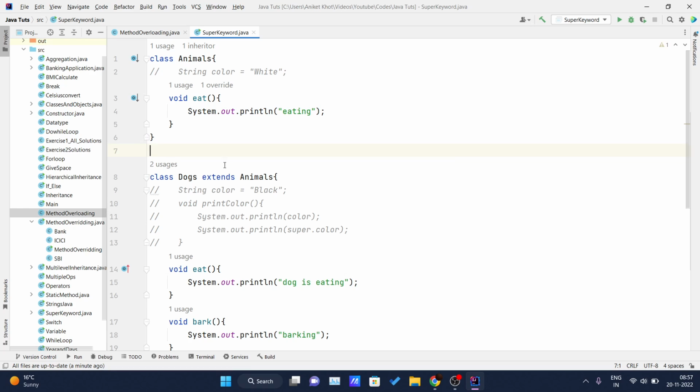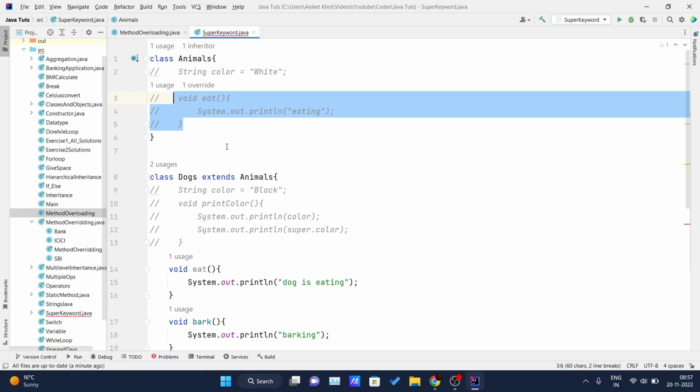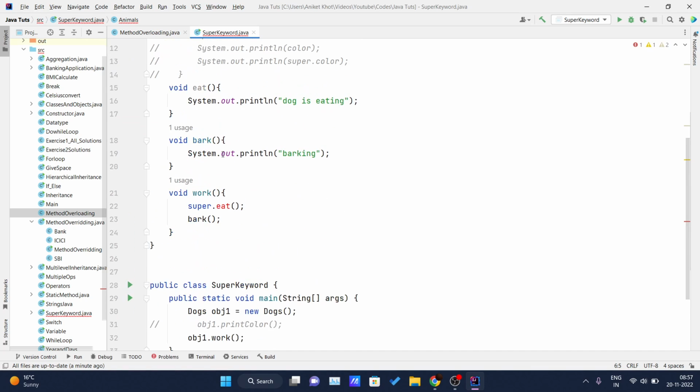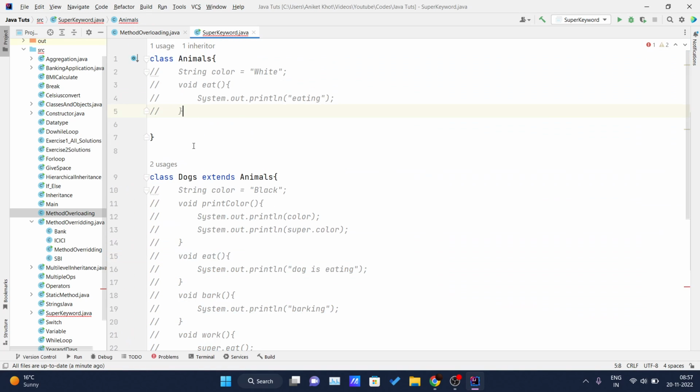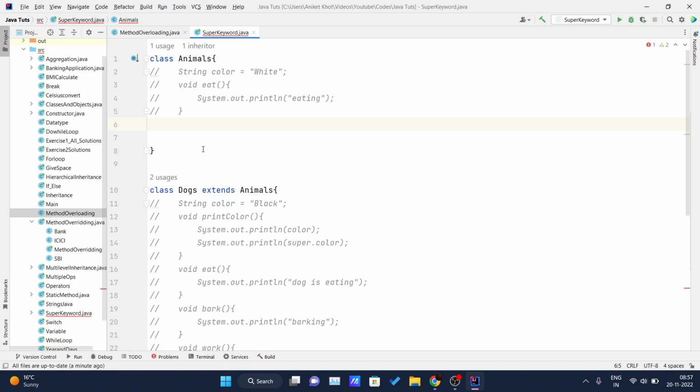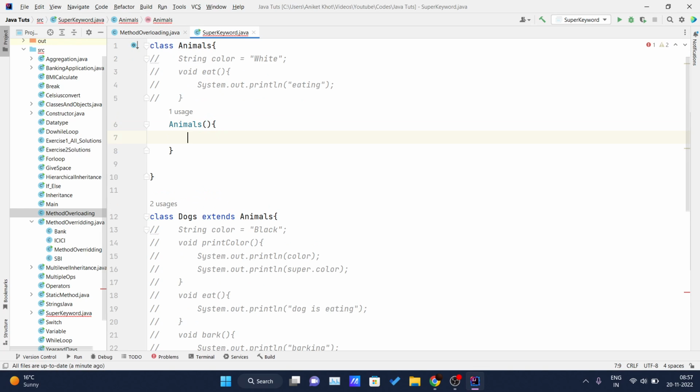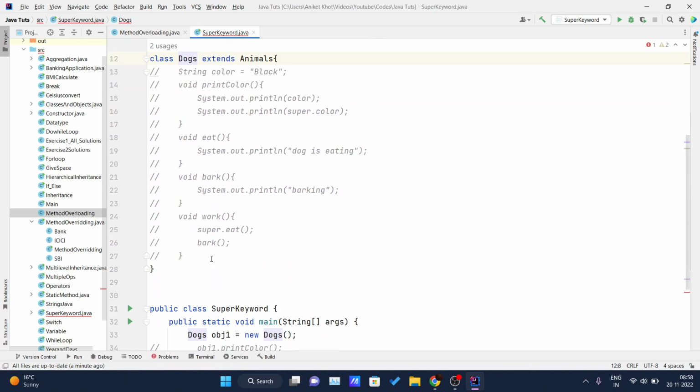Let me comment this out, and here I will comment this also. Now inside this parent class I will declare the constructor for this class. Okay, Animals, this is the constructor, and this constructor is simply printing Animals is created. Okay, and now inside this child class we'll write